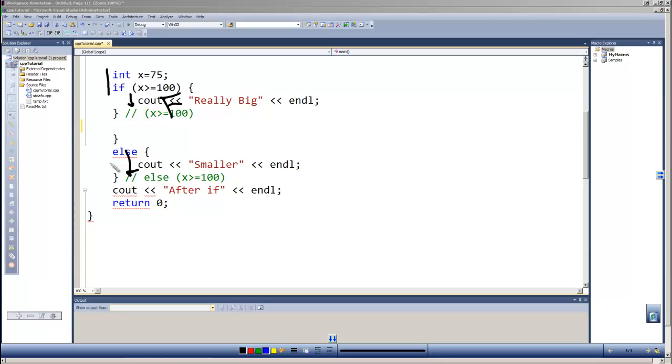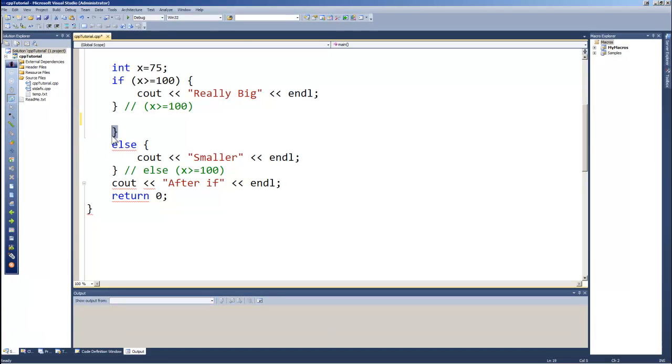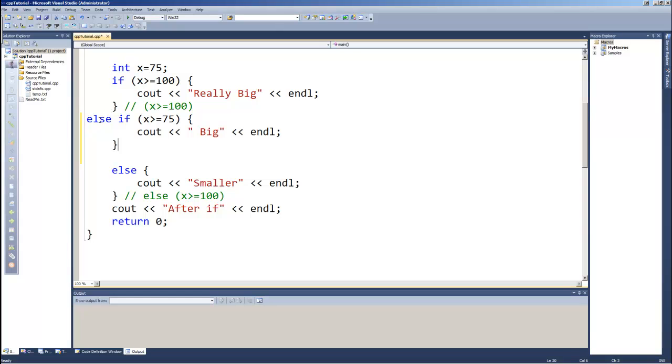So what I've done is I have taken what we did last time and modified it a little bit. I've changed x, starting x at greater than or equal to 100, and I've changed the prompt to really big, and then otherwise smaller. Well, I'm going to add in now a code block, and this is my else if